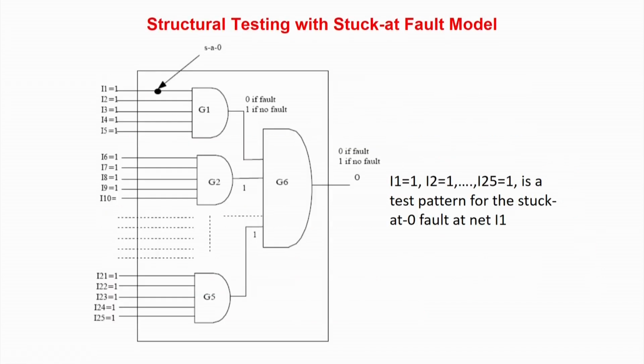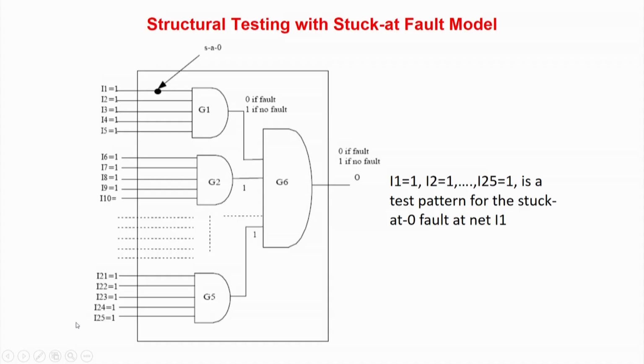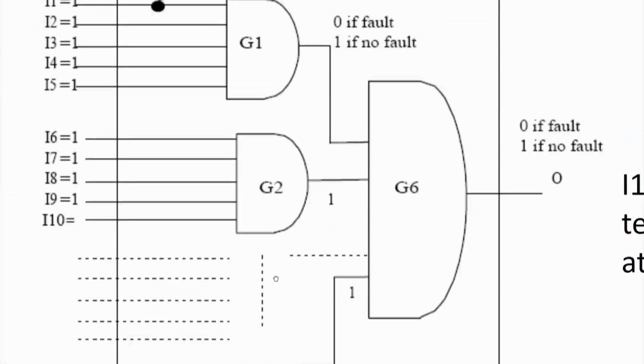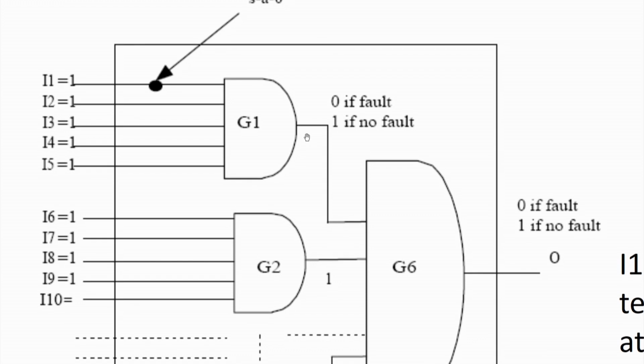So now, examples, we will see the benefits. So what was the structural fault benefit? The structural test benefit was you need not apply 2 to the power n combinations, it is much lower, but the problem was you have to probe a lot of internal lines. Structural testing with fault models actually alleviated this probing business. We will see how. That is our goal. Structural testing is very good, but the only problem is that you have to probe internal lines. If somehow that can be nullified, then we are in the winning position.